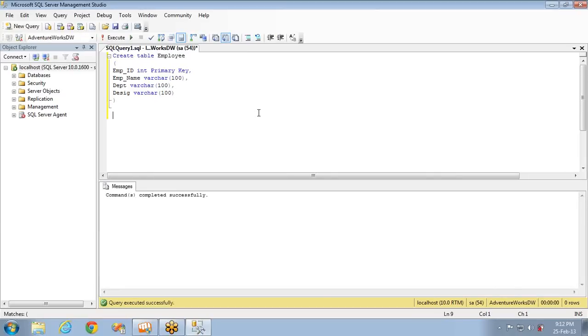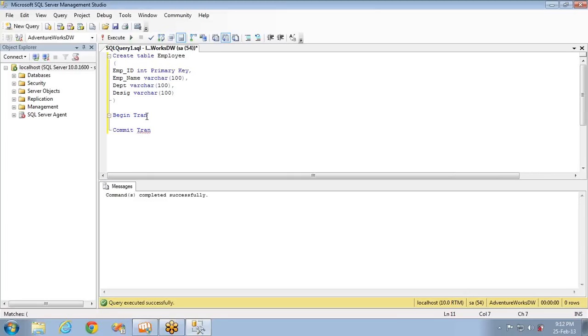Let's see the syntax, how it will be. It will be like this. Begin tran, that means begin transaction, or you can write begin transaction. This is the starting of the transaction. By seeing this keyword begin tran, SQL Server will come to know that from here the transaction will start. And once it is successful, commit tran.